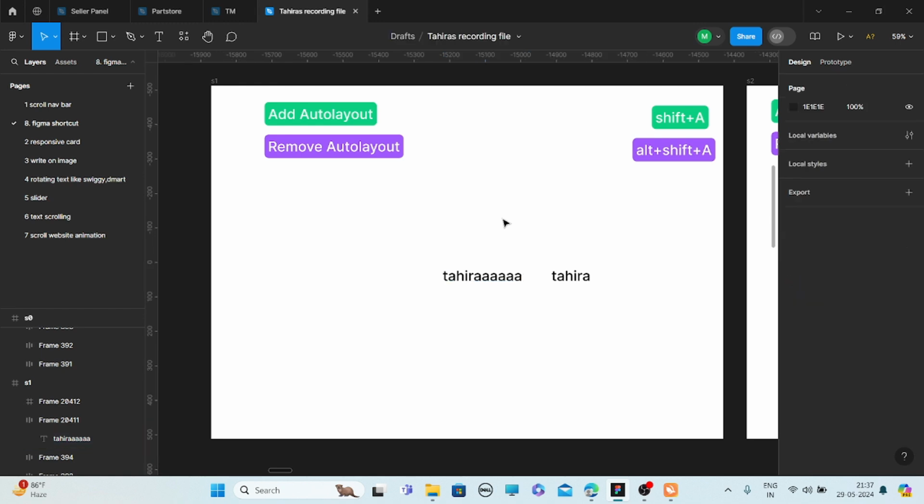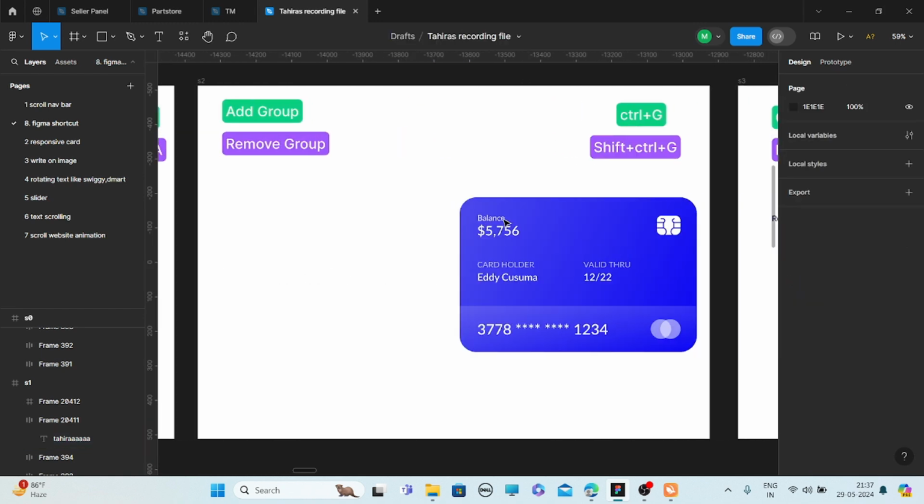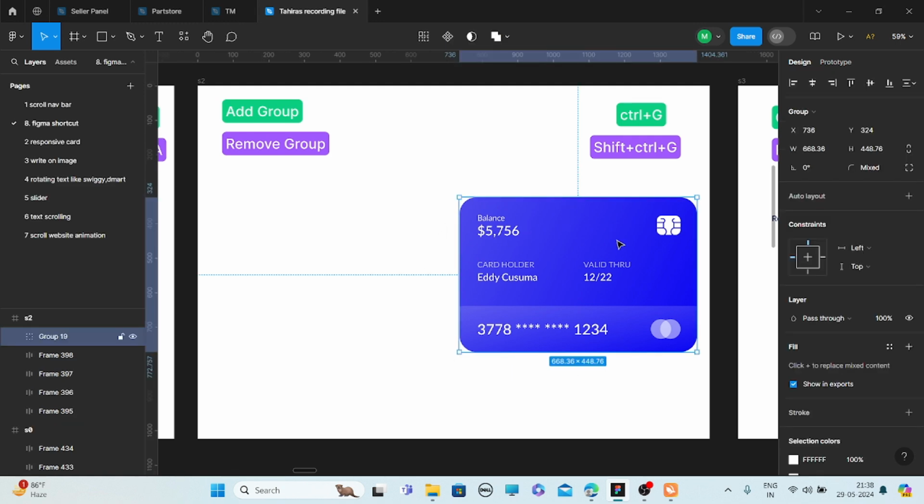Now our next shortcut key is group. Here you can see this card is made in a group. Like here in the layer panel you can see a square dotted square. This represents a group.